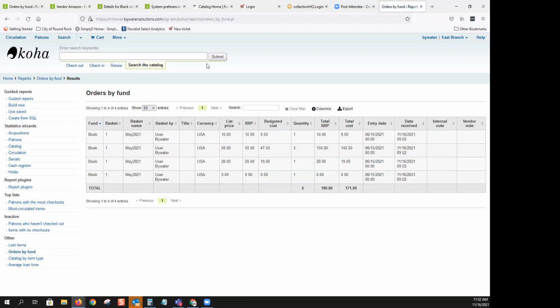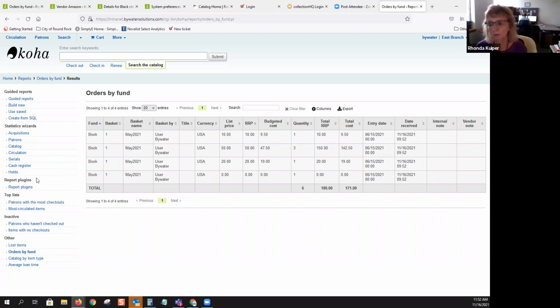But some of the reports I think are added by members. So I don't know how well monitored they are, as far as putting in a bug. Yeah, most of them are, but this particular report is new. I don't know which new release it is, but now it comes standard, kind of like the holds ratio report, the holds to pull report. Some of those come standard on this